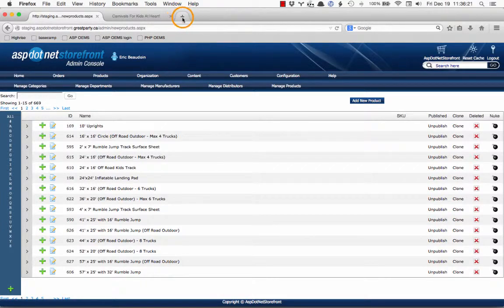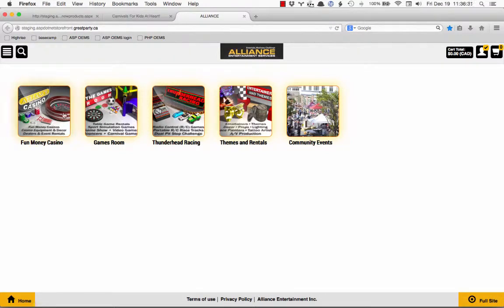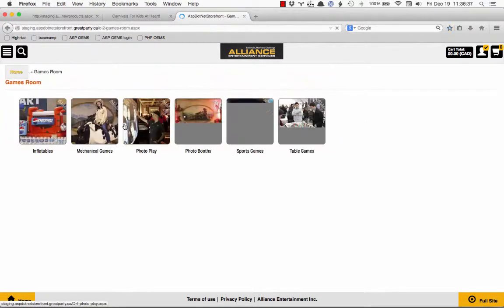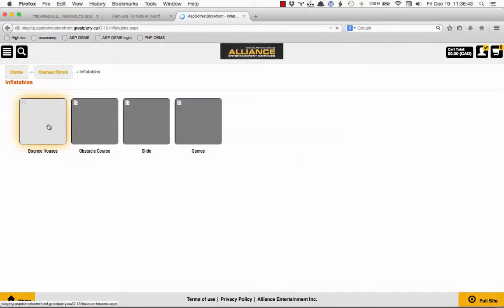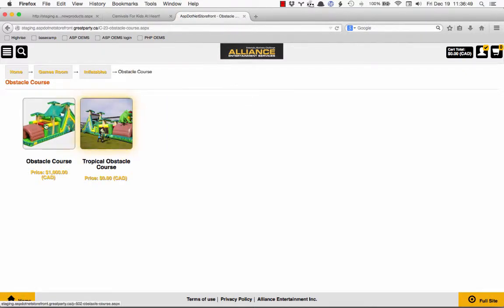Now I think I can close this X here and we'll be able to see what we've done. So now if I go here on the plus tab and I say ASP OEMS, now we can click on the games room and I will click on inflatable, and we said we put it under obstacle course, and you see when I click on this, now we've got